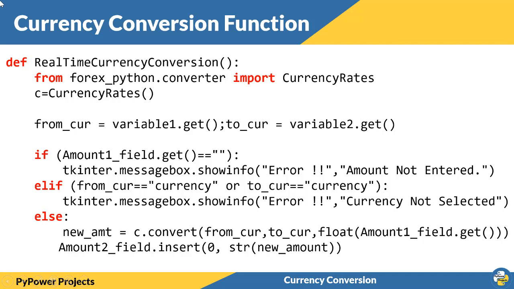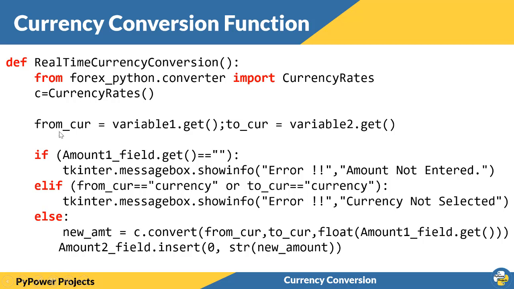Now this is the currency conversion function. So let's have a look. The first line is from forex_python.converter import CurrencyRates. So this is the Python library. Forex stands for foreign exchange. So this library will fetch the data from the internet, and the conversion ratio of various currencies will be present in this particular library. So make sure you have an active internet connection while running this project, otherwise your data may not be accurate as the current rate. So firstly you have to import this library.